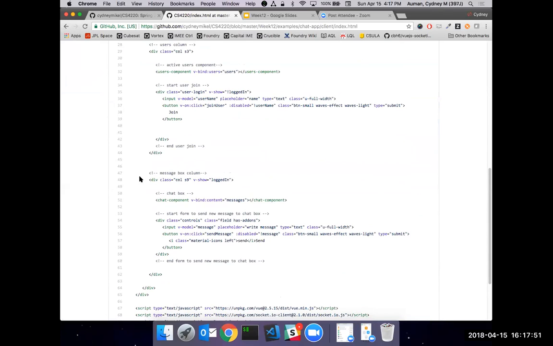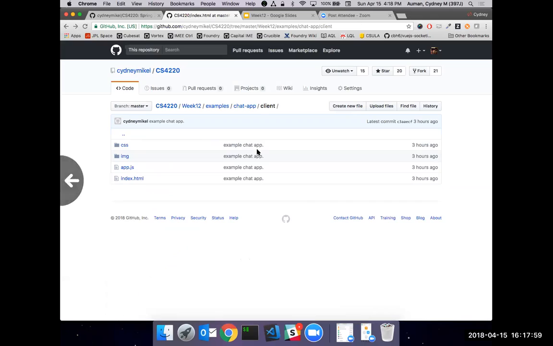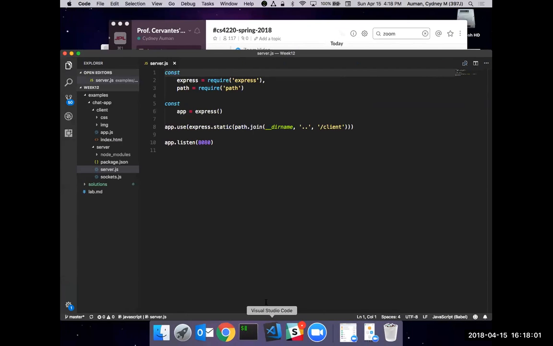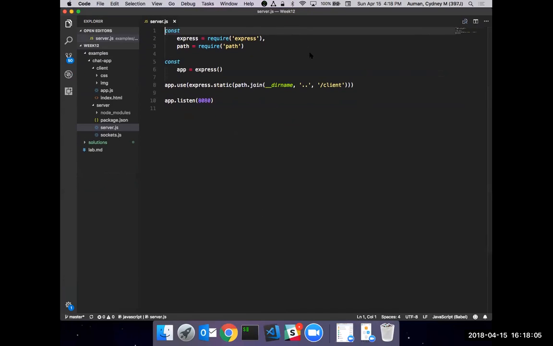The HTML is just already present for you, and you don't have to quickly type all these open close brackets there. All right. So I'm going to go to the actual page here. Okay. So these files right now are the exact same ones that are on the CS 4220 week 12 set right there.